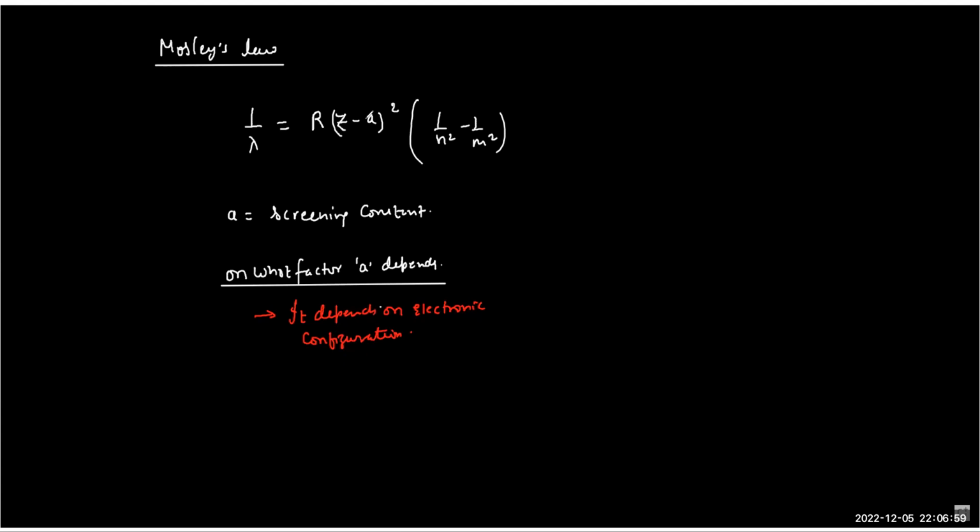Okay, just a moment, I will make a change here. We call it B. That's it. So now what you can do is multiply both sides with C. So C by lambda is how much? RC into